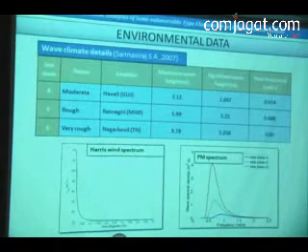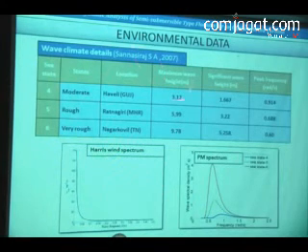And we did again the response analysis using the wave data for the best semi-submersible. And the environmental data for sea states